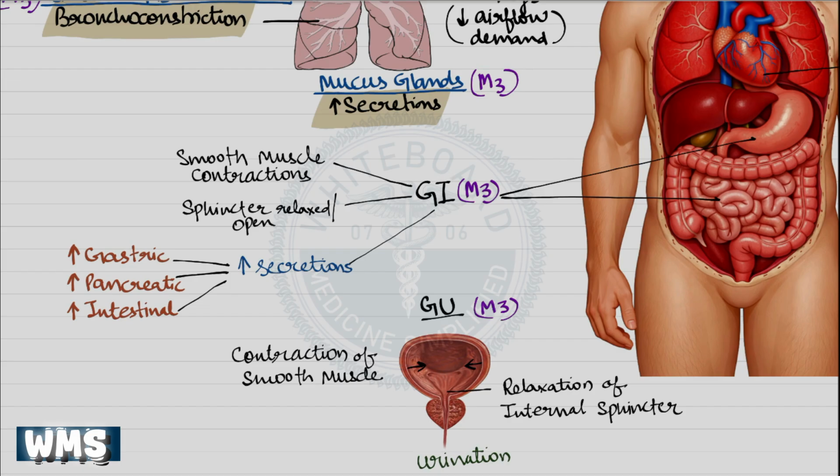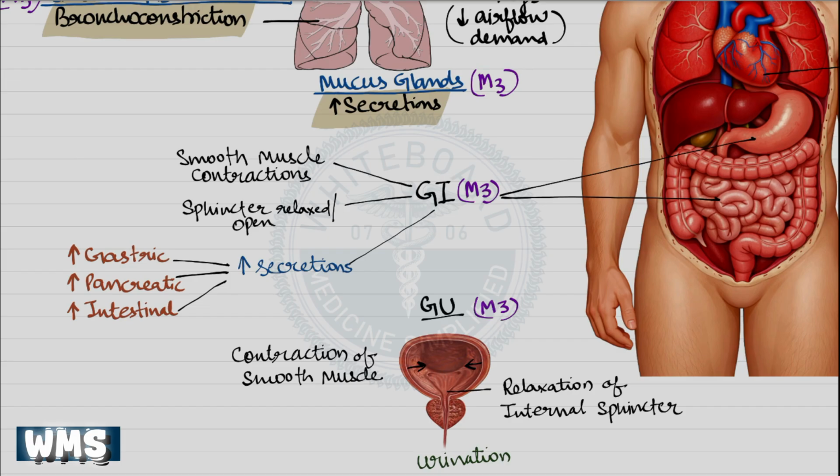This rise in Ca2+ causes smooth muscle contraction and stimulates glandular secretion. So in the GI tract, M3 activation increases peristaltic movements, enhances intestinal contractions, and stimulates digestive secretion. At the same time, it promotes relaxation of the sphincter, allowing defecation. Similarly, in the urinary bladder, M3 receptor stimulation causes contraction of the detrusor muscle and relaxation of the sphincter, which